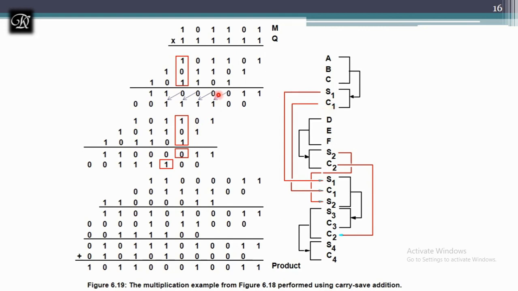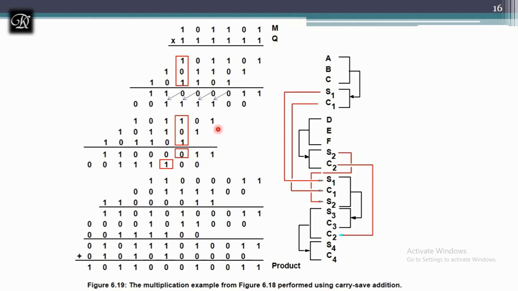Let's find the remaining 3, that is DEF. Please remember the shifts should match. So I have stopped here, it should be on the next shift. So what do I do now? Now I will be performing the same way of finding the partial products and finding the partial sum and partial carry.